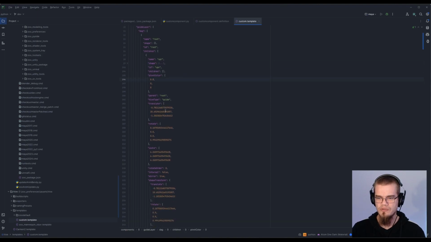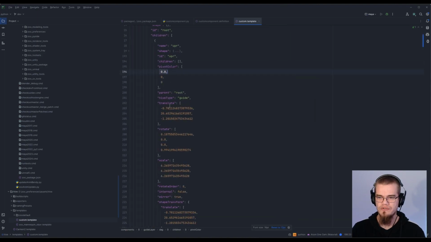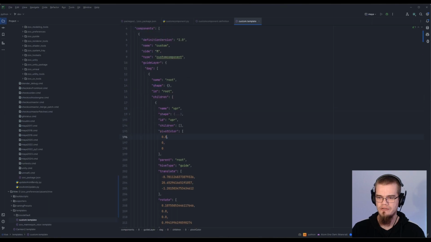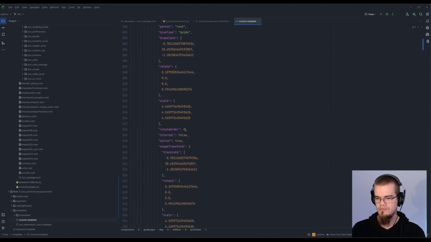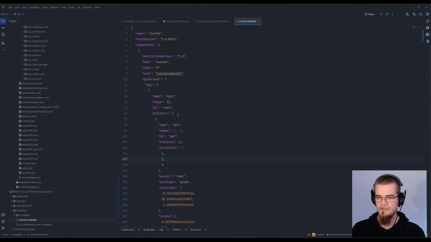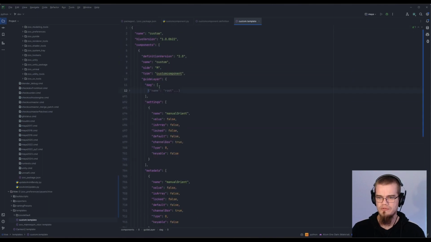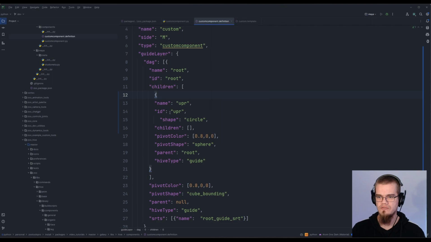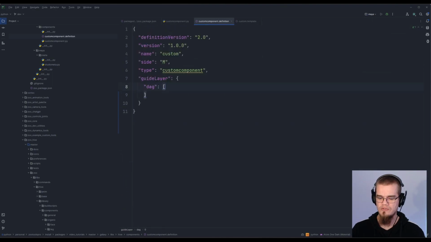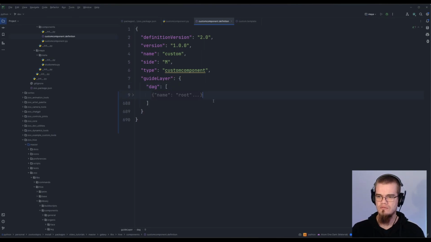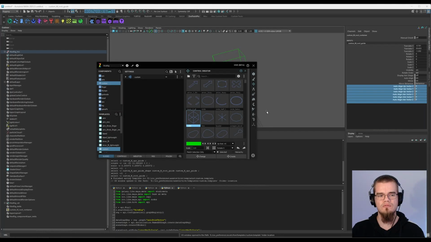What we can also do is I'm going to change the pivot color of this upper guide, and I'm going to change it to yellow. So everything else here, we're perfectly fine. So what I'm going to do is just take the root here, I'm going to copy it, go into our custom definition, and I'm just going to replace this section with the root. Now if we save, go back to Maya,